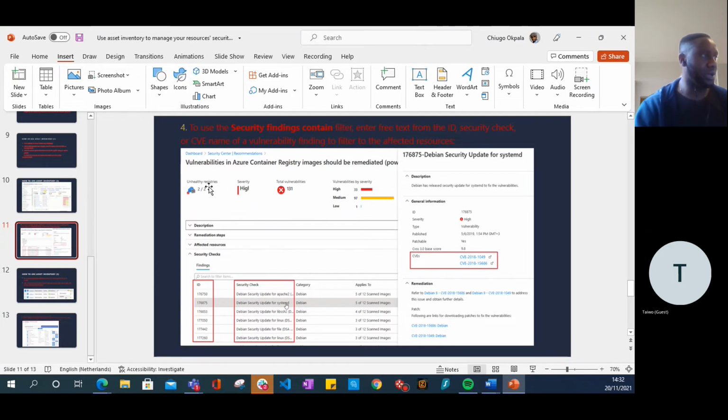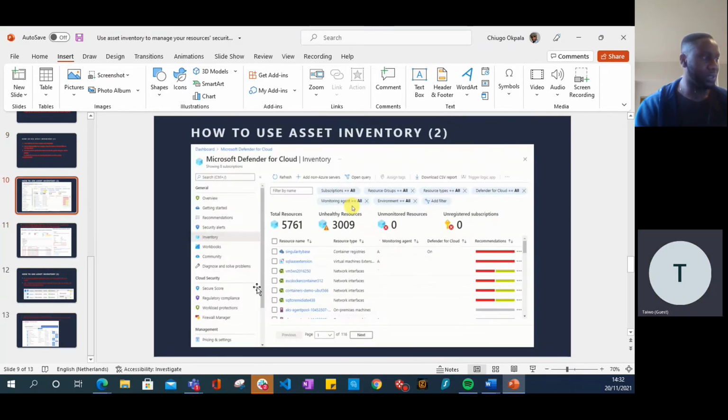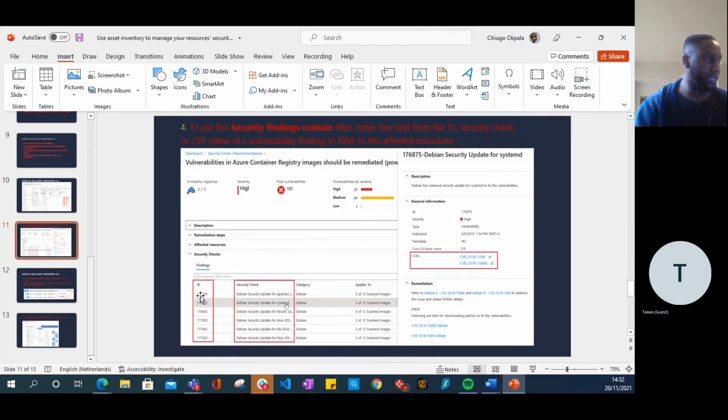You can see from the unhealthy registries, high alerts, the total vulnerability count is 131, and there's a high vulnerability level. It gives you the ID and which container registry you need to fix. In this case, it's a patch. You need a security update to be done. And when you click on this,